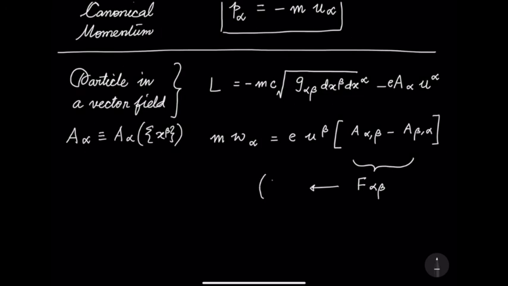This tensor is of this form, obviously, because the indices are downstairs. This we call